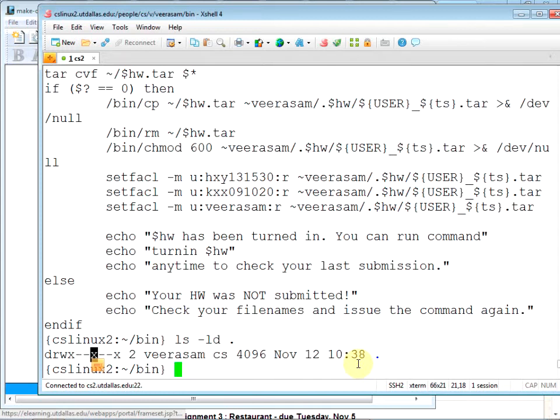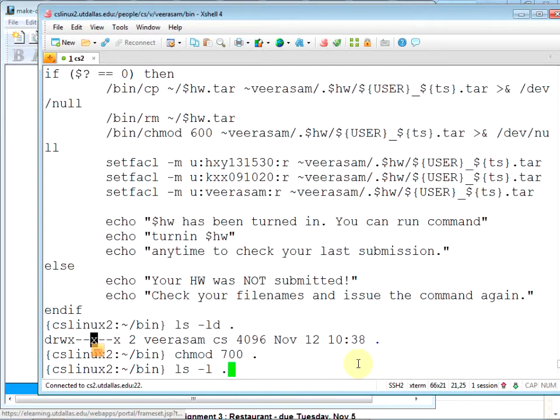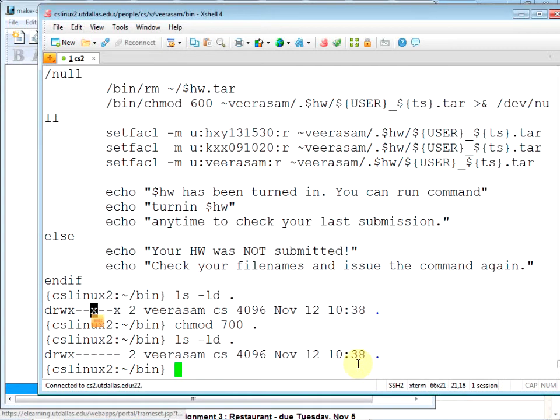So if I change that, now you cannot even run turnin. Does anybody have access? Try that: just run the turnin command, see whether it works.